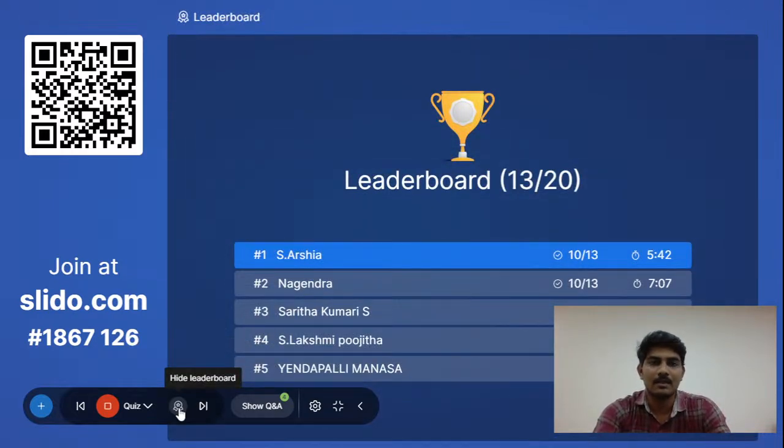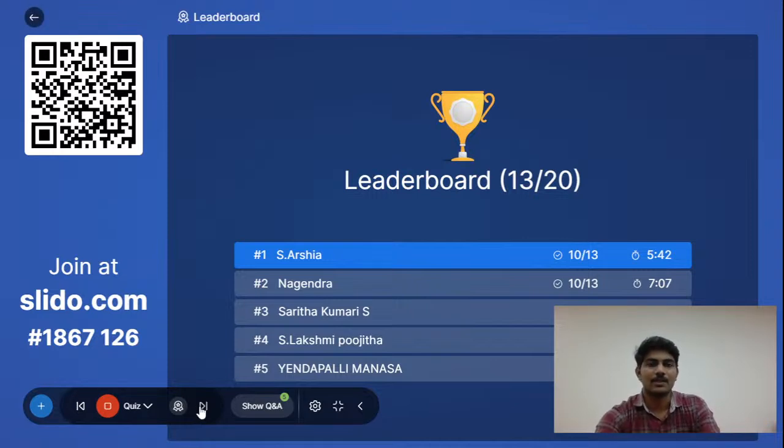This time Arshia is in first position and Nagendra, still the same persons occupy their respective positions, but the numbers have changed slightly. Those who answered the question as one are exactly correct, but due to some mistake and technical error, the question printed option B, but the exact answer for that one is option 1 only.